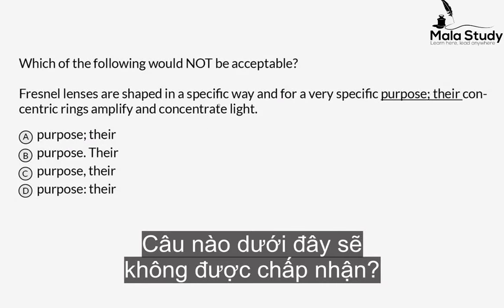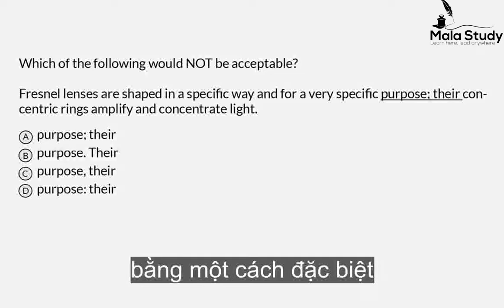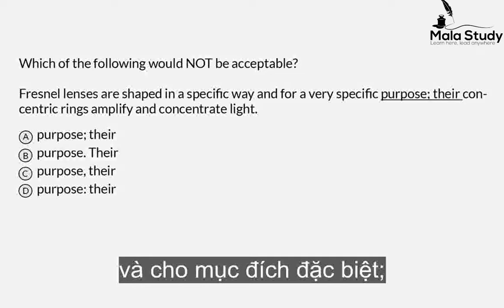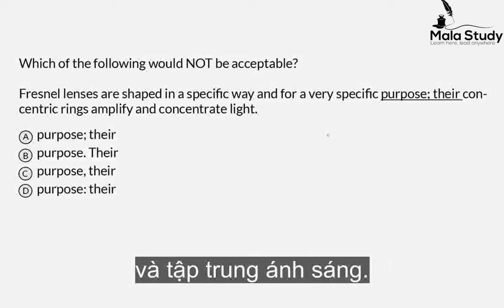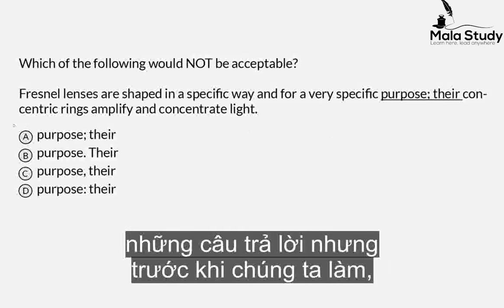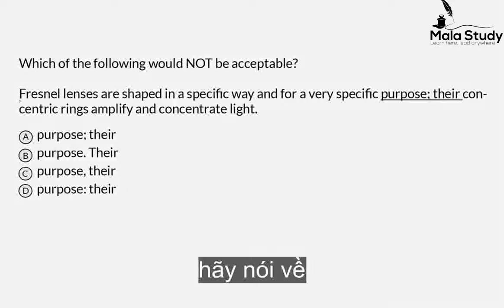Which of the following would not be acceptable? Fresnel lenses are shaped in a specific way and for a very specific purpose. Their concentric rings amplify and concentrate light. So let's take a look at these answer choices, but before we do, let's talk about this word Fresnel for